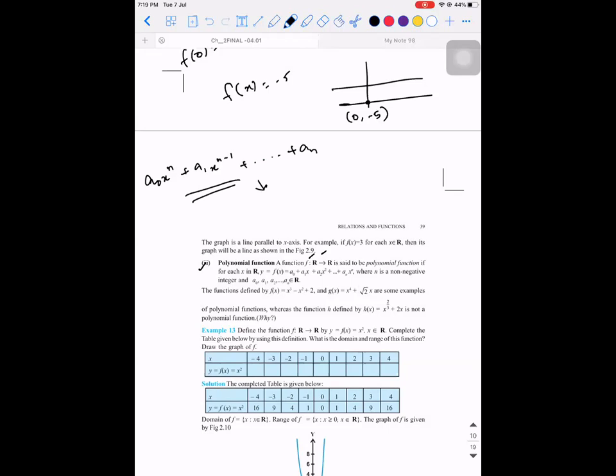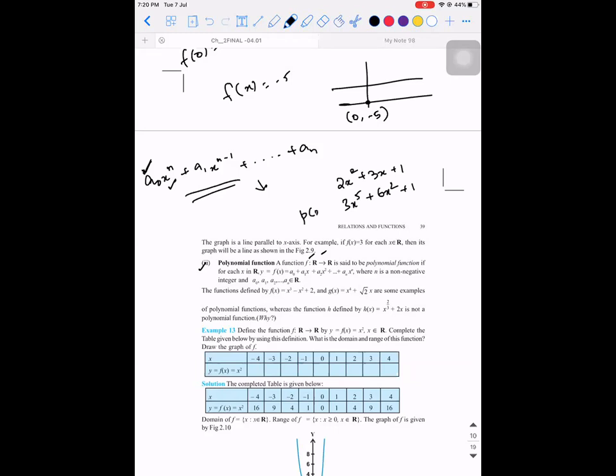Polynomial means, if you don't remember, I'll explain it. A polynomial is nothing but an expression in combinations of constants and the variable raised to certain powers. For example, 2x squared plus 3x plus 1. This is a polynomial. Of what degree? Degree 2. Then 3x power 5 plus 6x squared plus 1 is a polynomial of degree 5.